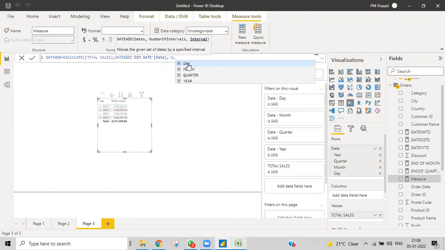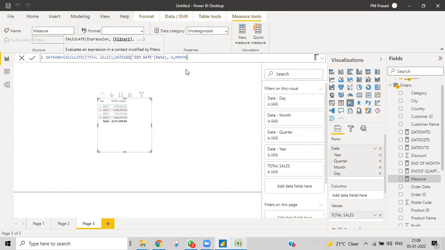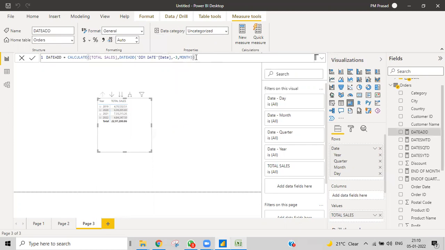Earlier we don't have days, right? Here we do have days, months, and quarters. Remember, earlier in PARALLELPERIOD we don't have days, we have month, year, and quarter. Here I want to go for months, and then close that. Sorry, we get an error. Earlier, whenever we didn't give the equals sign and the opening and closing brackets, it used to show an error.